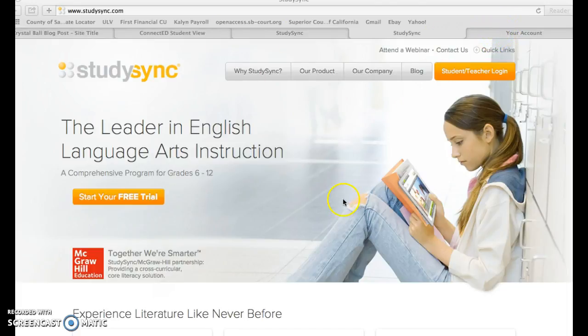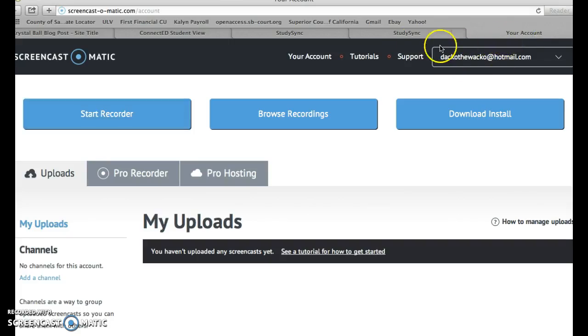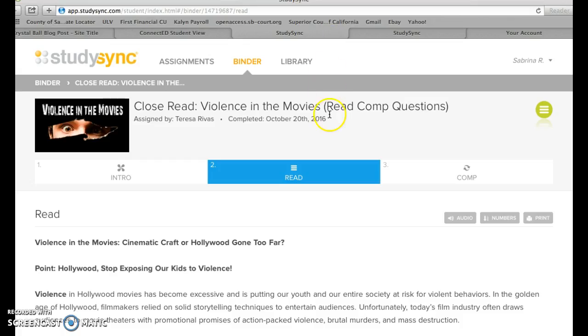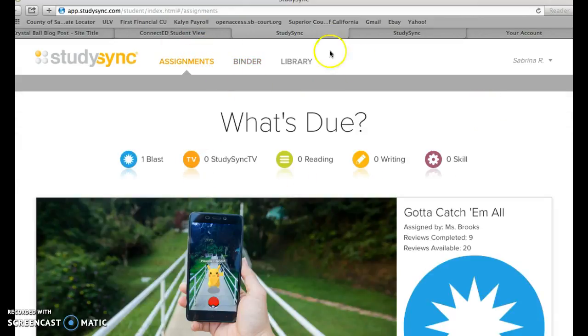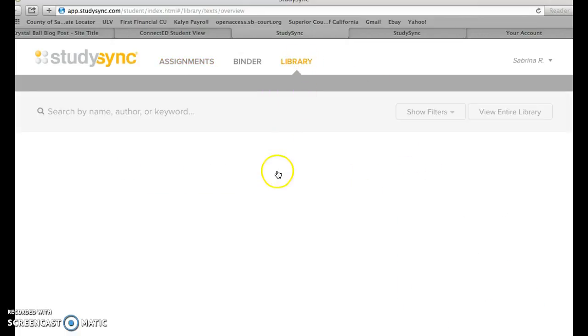So this is what the homepage for StudySync actually looks like. You have your teacher and student login, which, thankfully, I have my sister that goes to a middle school, and they use StudySync, which I logged into their account, which is on this right here. This is what the page looks like when you first sign in, and you have a library right here